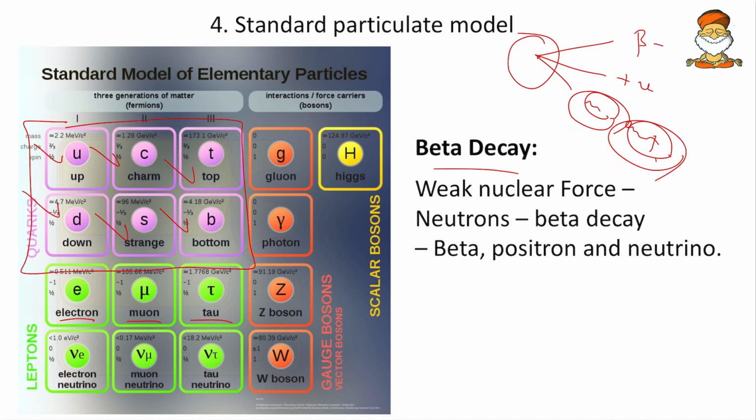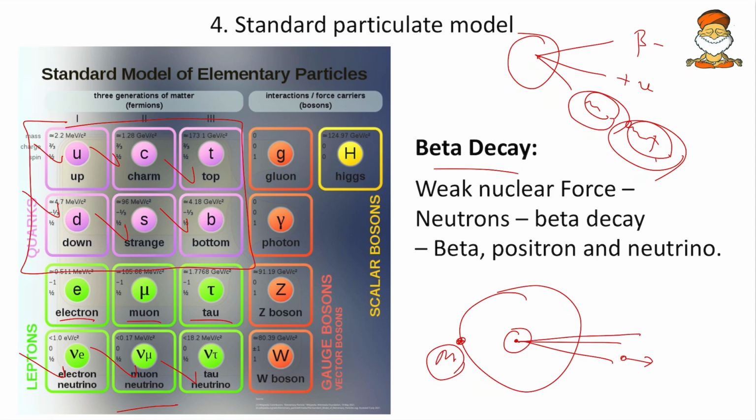Here we have three types of neutrinos: electron neutrino, muon neutrino and tau neutrino. The electron neutrino is associated with an electron, the muon neutrino is associated with a muon, and the tau neutrino is associated with the tau. Say for example, here we have an atom, and here the electron is rotating. Whenever beta decay occurs within the nucleus of this atom, an electron neutrino is released. Say for example, here instead of an electron, a muon is there. Whenever beta decay occurs, a muon neutrino will be released. Likewise, the corresponding neutrinos will be released whenever beta decay occurs in the nucleus.